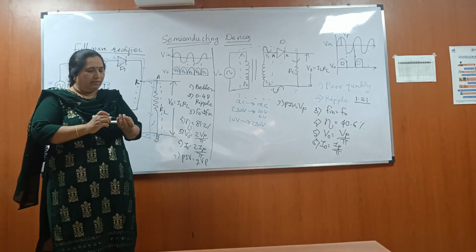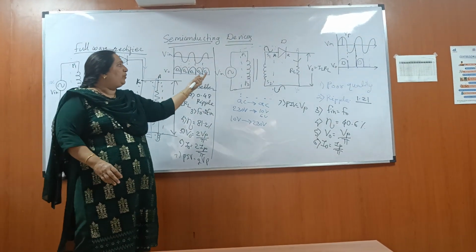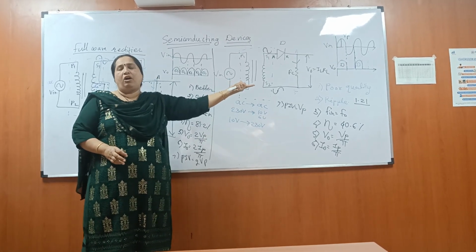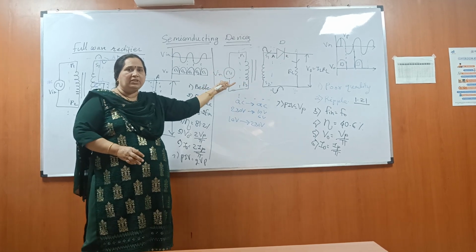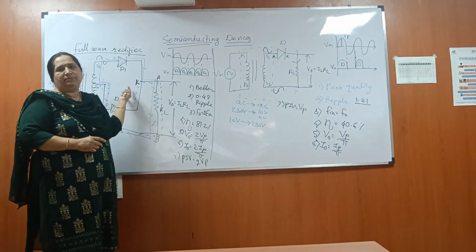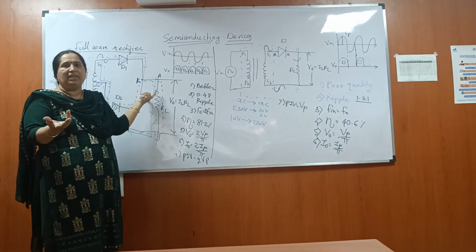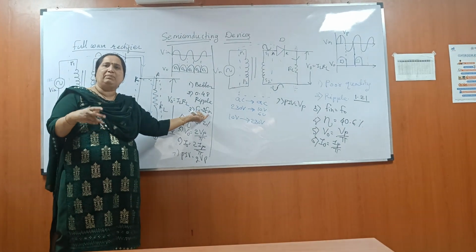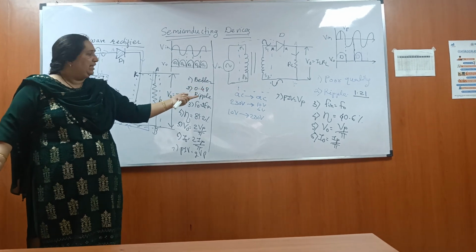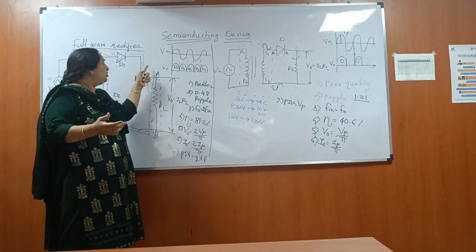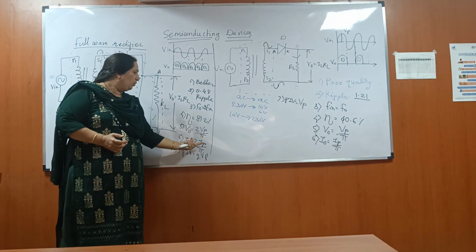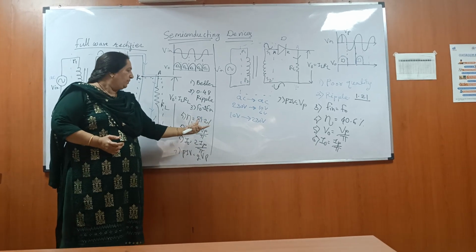So the question will be like this. If the input frequency is 50 Hz, in the half-wave rectifier, what is the output ripple frequency? Input is 50, output is also 50. Now in the full-wave case, if the input frequency is 50 Hz, what is the output frequency? It will be 100 Hz, 2 times. The ripple frequency becomes 2 times. What is the efficiency of that circuit? Efficiency is 40.6% for half-wave. In the full-wave case, efficiency is more because both the positive and negative half cycles give output. Output voltage is more, output current is more, so higher level output is